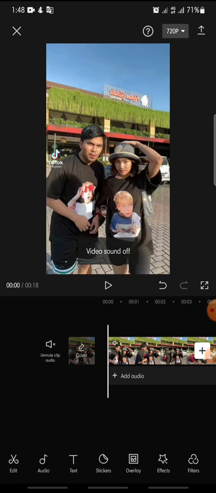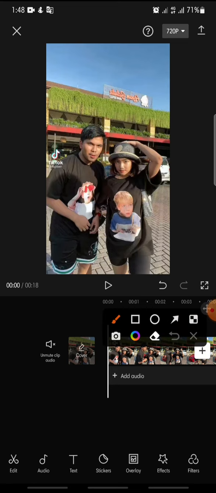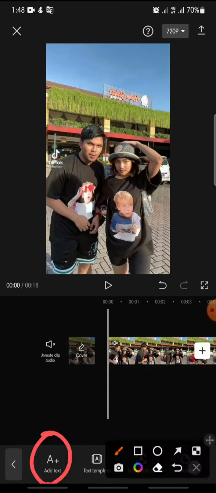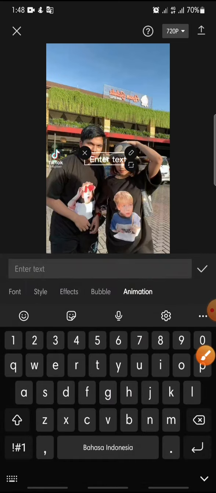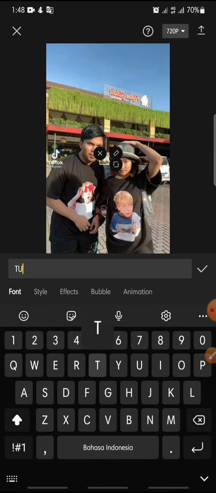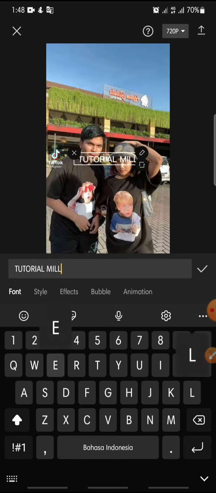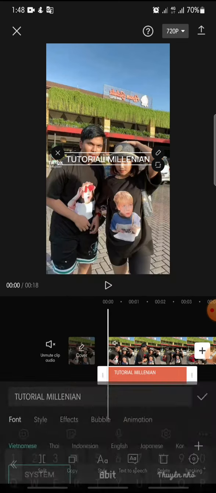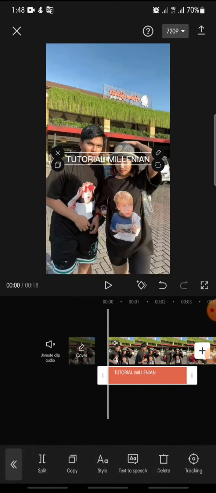Now, I want to add text in the video, so you just click on the text at the bottom and then click add text. And then you write the text, maybe a tutorial millennial. Okay, and then in here you just click check icon,